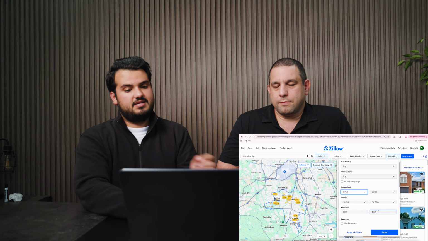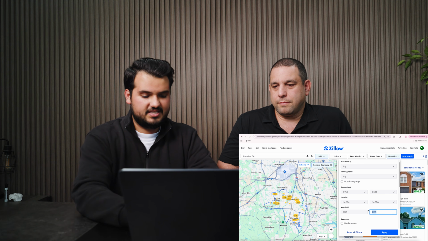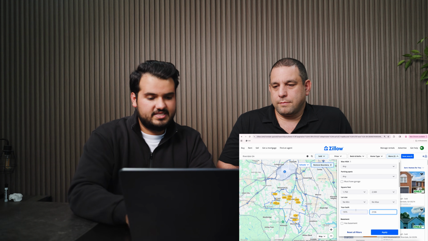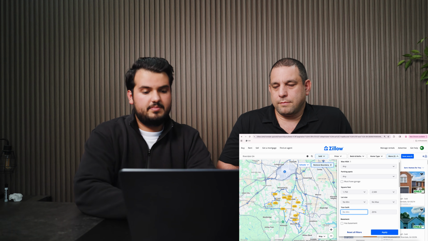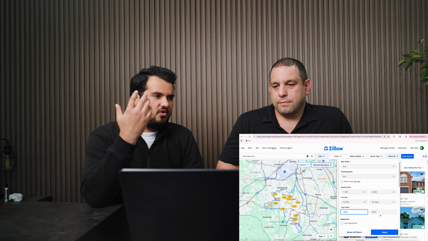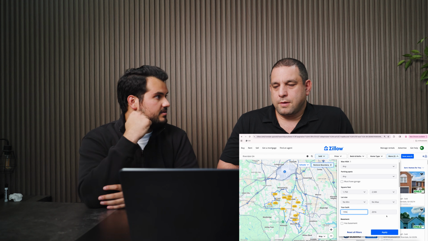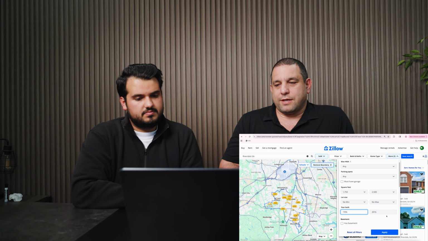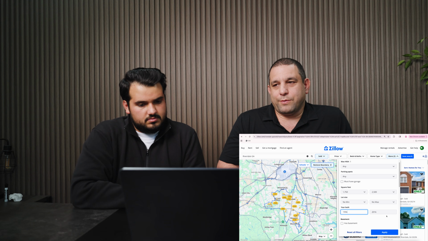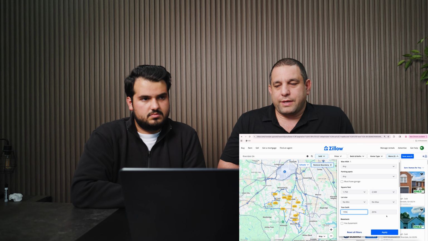Then for year built, this house was built in 2006. So I'm going to go a decade above, which in this case would be 2016, and then I'm going to go a decade below. So I'm 1996 to 2016. Why are we only going 10 years before, and why are we only going 10 years later? Well, every 10 years, the price of houses just changes so much. So a 2010 house is not going to be worth the same as a 1970 house. You can't compare them. They're totally different. Within 10 years, they're pretty comparable.